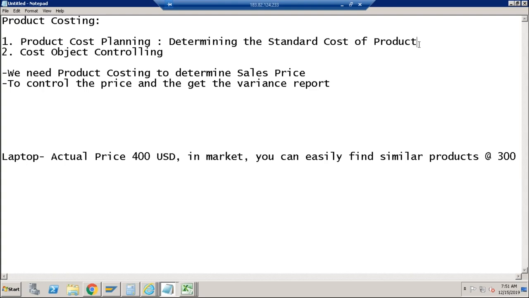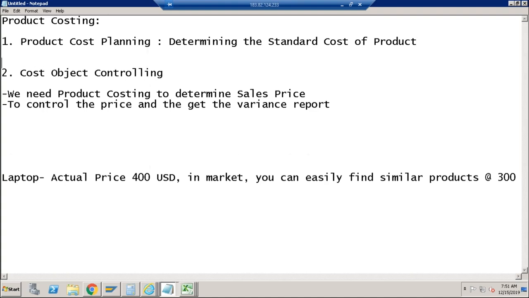First, we need to identify what would be the total planned cost of the product. Now, once we have the planned cost, let's say it is 400 USD, you will start comparing whether this price is okay or whether you want to control this price so that it matches the price available in the market, right? Once you get this price, you will also try to find out if you should go for make or buy, and what exactly would be the sales price. So this information will help you to determine the sales price and to take the decision,